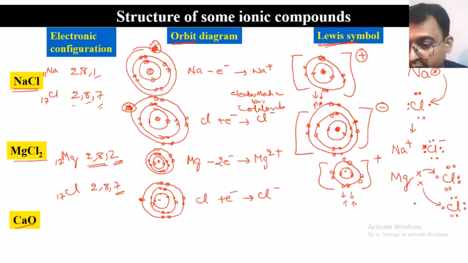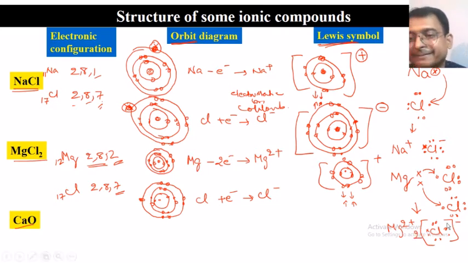Then what is going to happen? Then we will show the reaction in this way: Mg2+, and there will be the chloride ion. And for the sake of simplicity we can put it within a bracket, with 2, and say the charge is minus. So in this way we can show the Lewis diagram structure for this compound.